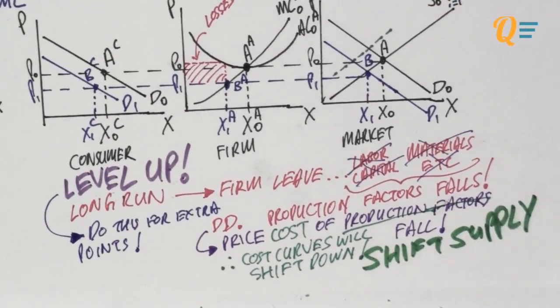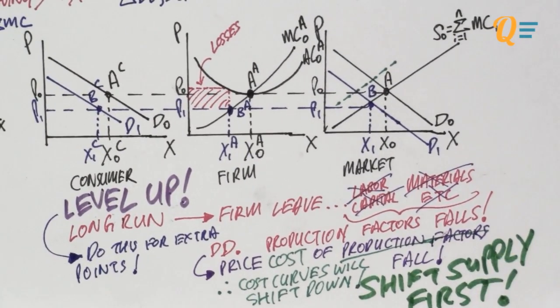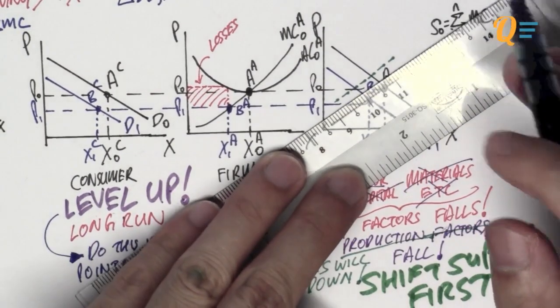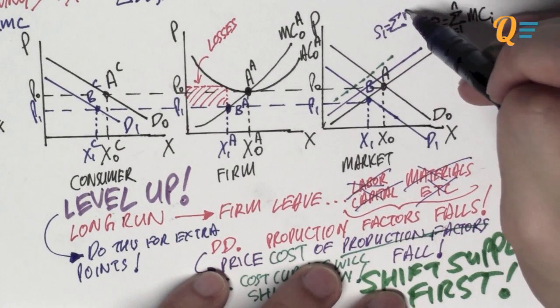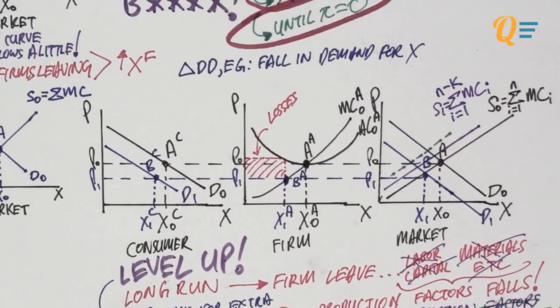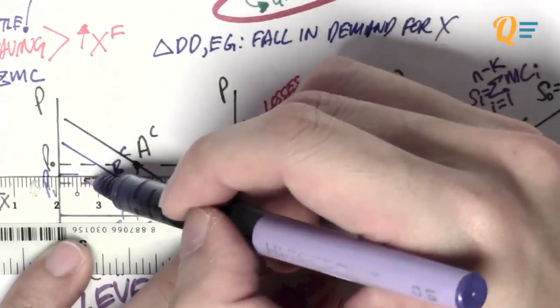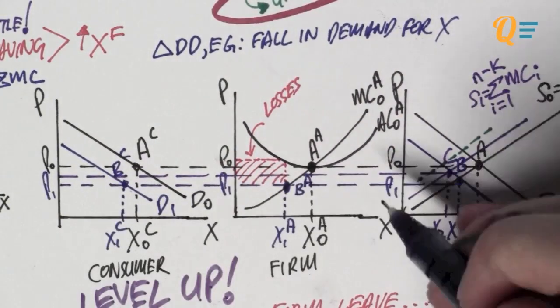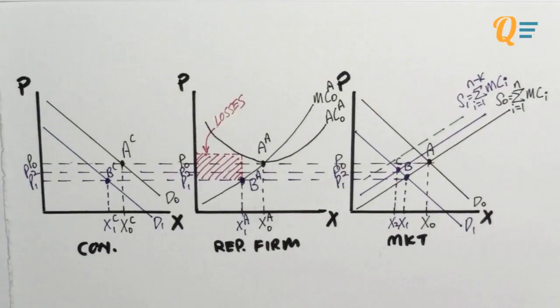So what you're going to do is to shift the supply curve first. The supply curve is going to shift to the left because of the firms leaving the market, right? Let's draw a new supply curve that's in between the first supply curve and that green dotted line. That would be the supply curve for the long run. Now, this new intersection at point C is going to give you a new market equilibrium price. Let's just say that it's going to be P2, so it's between P0 and P1. So now all you're going to do is to make the firms earn zero profits.